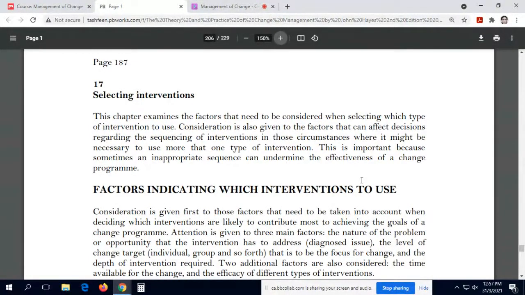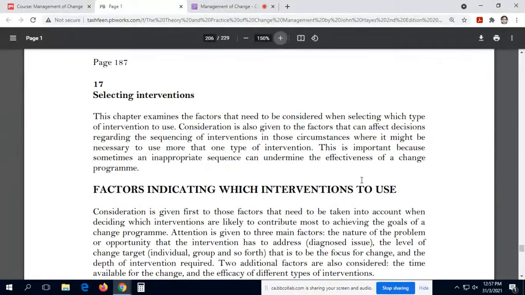So don't get worried by these terminologies like interventions, and what they essentially mean is how you're going to go about managing change. What is your strategy? Are you using any frameworks? What are you taking from your past experiences? How you are collaborating with others? You are taking feedback. Whatever your methodology is going to be, the way you will be intervening in the change scenario. This is how I understand it.